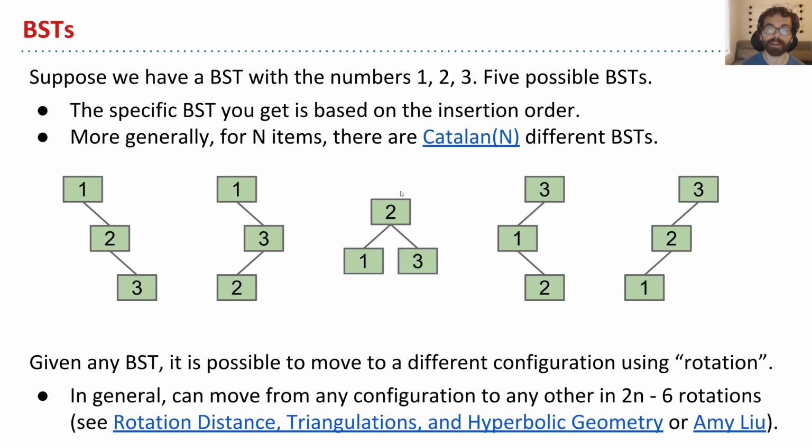And the rotation process will still preserve the search tree property. These are all valid binary search trees, but rotation lets you move between the states. And yet more importantly, in general, we can move from any configuration to any other. So if we have a tree that is really, really unbalanced, there exists a sequence of rotations that'll get us